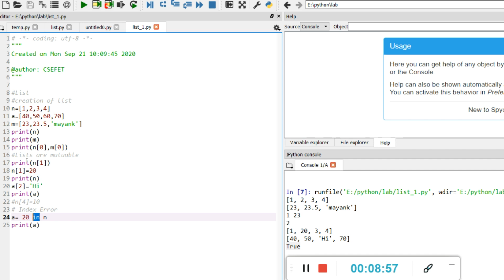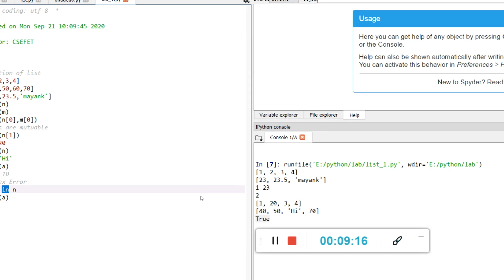Now in further lectures, we will see what are the different operations which we can apply on a list, how we can use the in operator, how we can find out the length of the list, how we can apply loops on the list. So with this, we end this video, and hope that you will explore more and more of Python